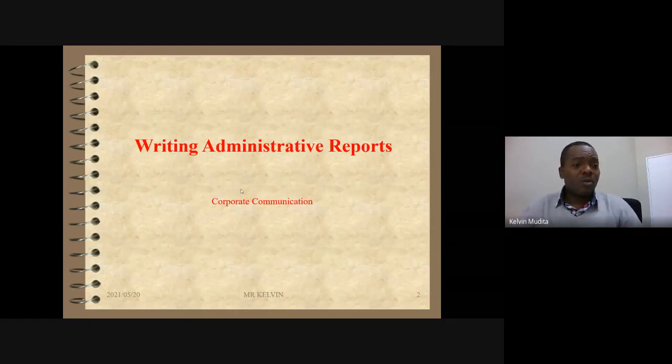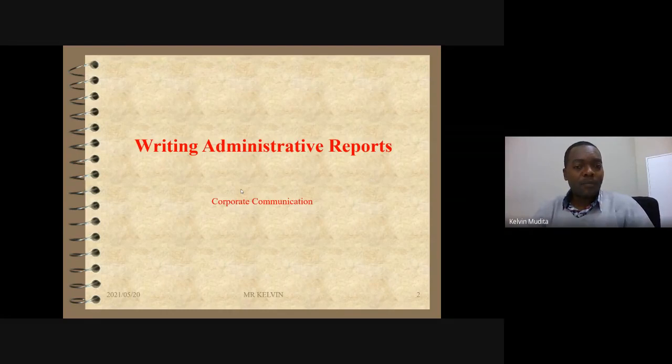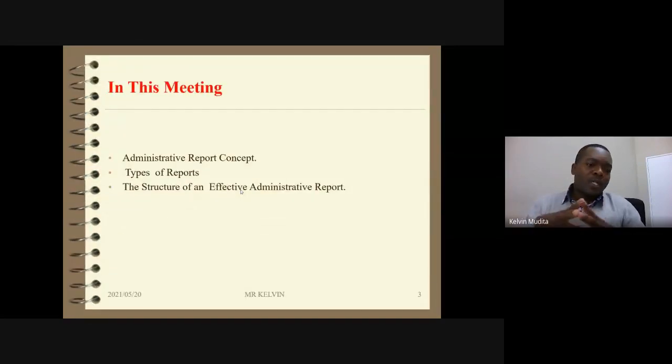So today we are going to look at the theory behind reports. What is the concept behind reports, and also what are the types of reports that we have? Why is reporting important? And what are the principles that we should have in each and every report? So that when you join any company, you can be in charge of reporting, you can be able to produce meaningful documentation. So basically that is what we are just going to cover